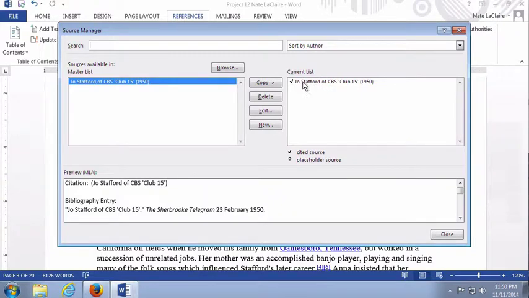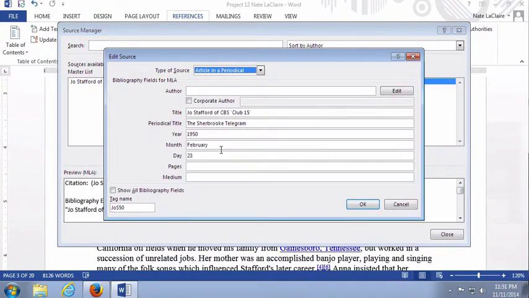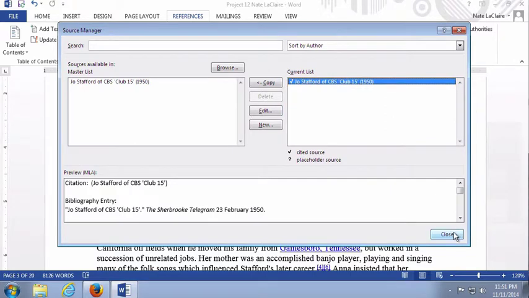I can see that not only is this in my master list, but I'm actually using it in my current document. That's why it's in the current list. And by clicking on this, I can click Edit, and I can make changes to it here. All right, now if I click Close,